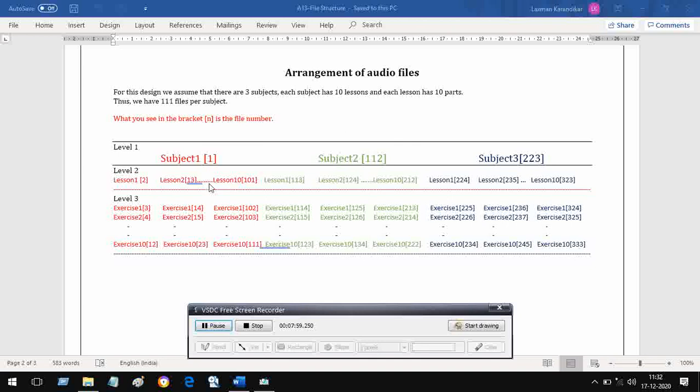Like that it will go on. That is 2, then 13, then 24, then 35, then 46, then 57, then 68, then 79, then 90, then 101. That is where we have come.